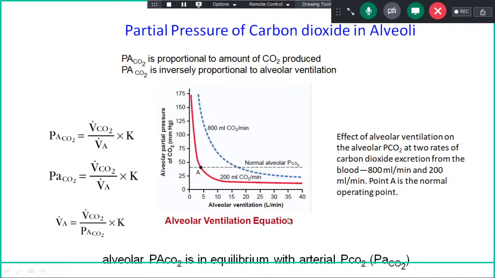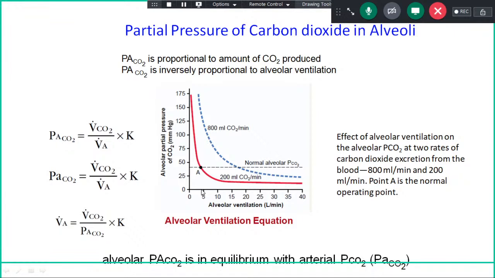So this is the diagram taken, I think the same diagram is there in Guyton also. This shows the relation that as the amount which is metabolized or is to be excreted increases, there is a change in the alveolar ventilation. This shows the effect of alveolar ventilation. The red line shows the effect of alveolar ventilation at a normal level of CO2 production. What changes occur in the partial pressure of carbon dioxide? A is the operating point, that at 200 ml of CO2 being produced or to be excreted per minute,